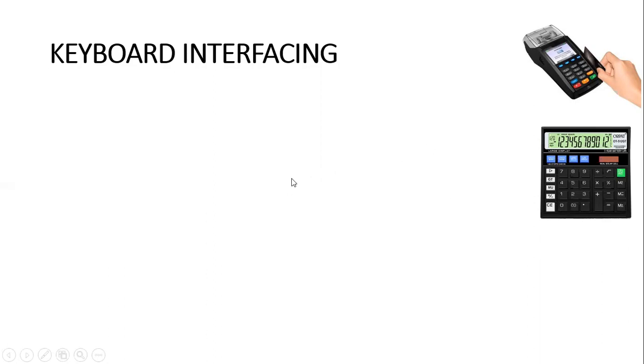Then you also have it in a mobile phone, which we use very much in our life. A mobile phone also has a keypad or a keyboard. So the keyboard is one of the important devices that we connect to the microcontroller to get the intended embedded systems.